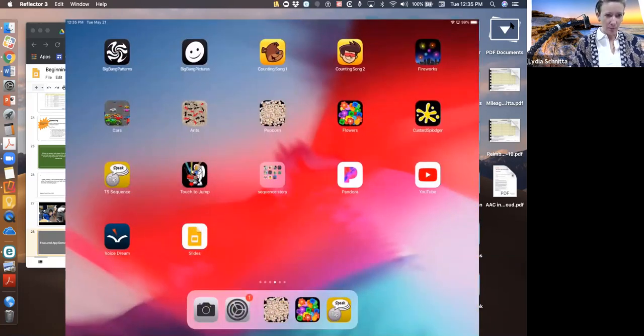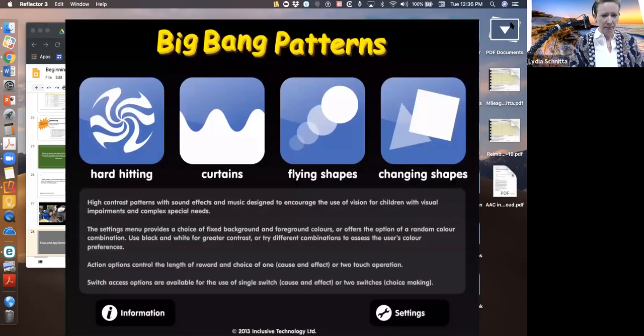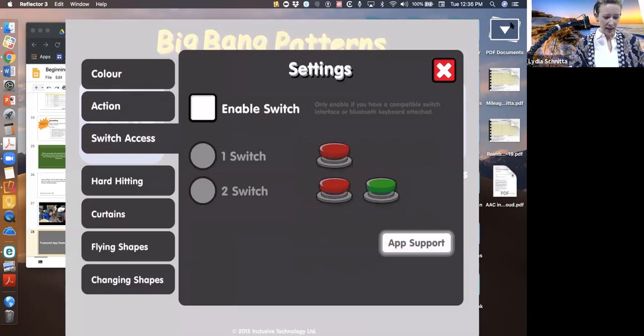So the apps in the first row, the apps in the second row, pretty much everything on this page would fall into that category. I'm going to show you Big Bang Patterns because it's from a different developer and the settings look a little different. So these are from Inclusive Technology, and the settings are in the bottom. Now you have to look on the tabs on the side to go to switch access and turn that on